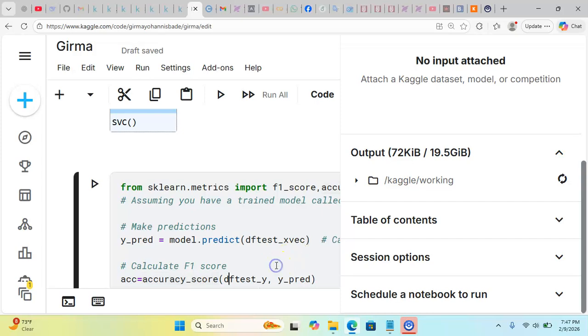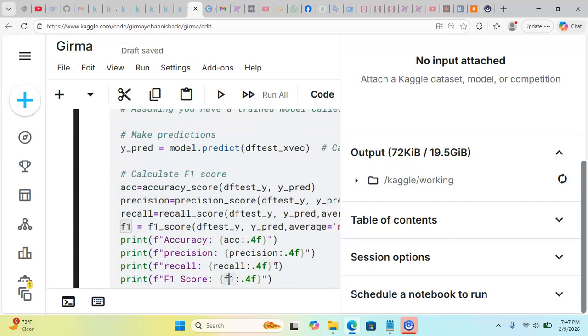Based on the unseen data, finally the metrics we approximate to 4 digits, 4-digit floating points. Then finally it gives us the results. This is all about